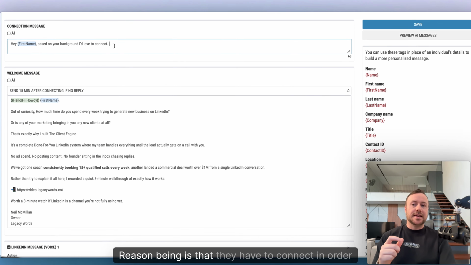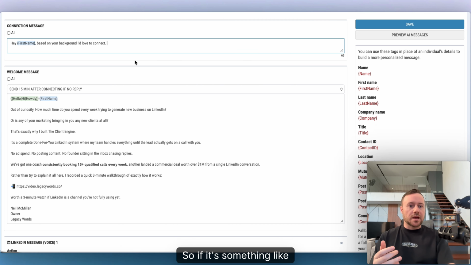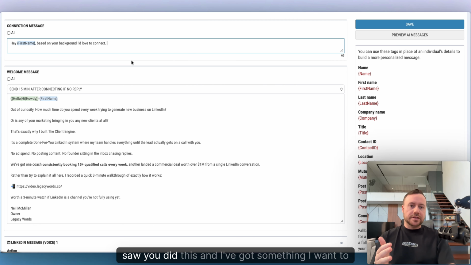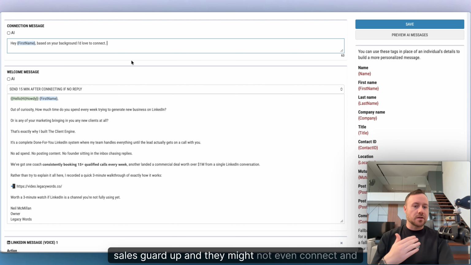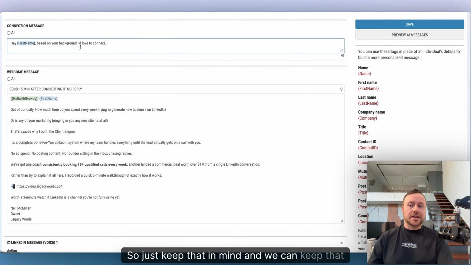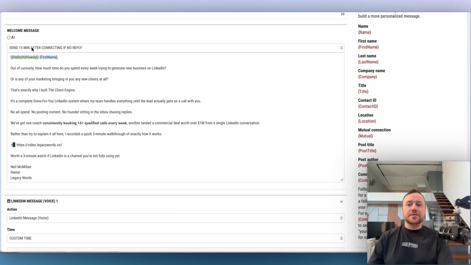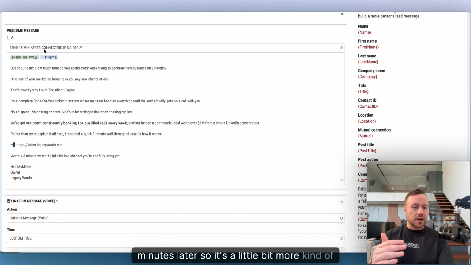Reason being is that they have to connect in order to go through the messaging sequence. So if it's something like, hey, saw you did this and I've got something I want to show you, that just might bring their sales guard up and they might not even connect, and you won't even get to go through the 3-step messaging. So just keep that in mind, and we can keep that maybe as plain as possible. I'd love to have nothing in there, but LinkedIn doesn't allow it. So what we do is send 15 minutes later, so it's a little bit more natural,